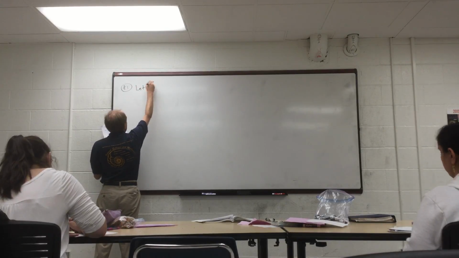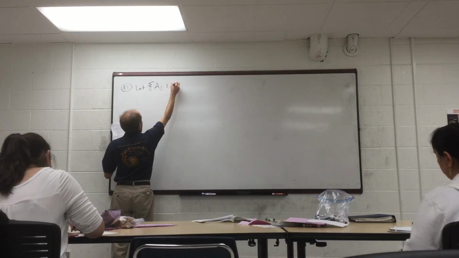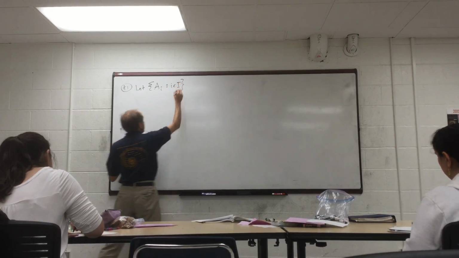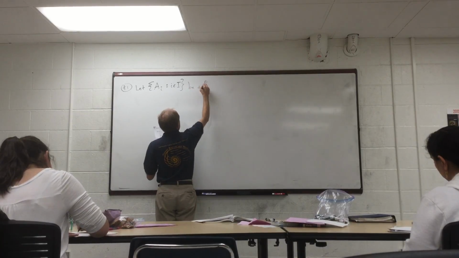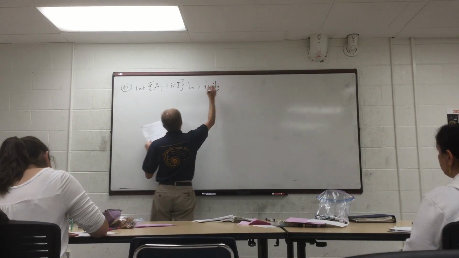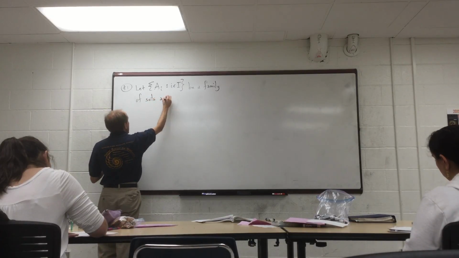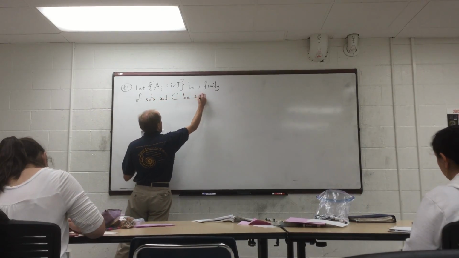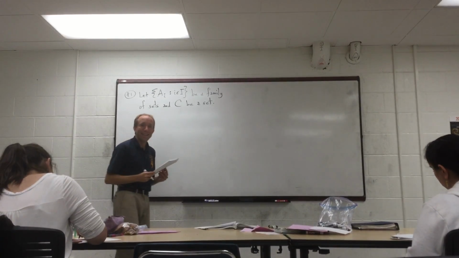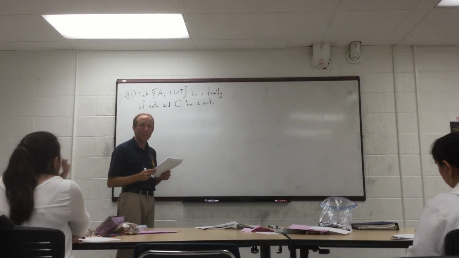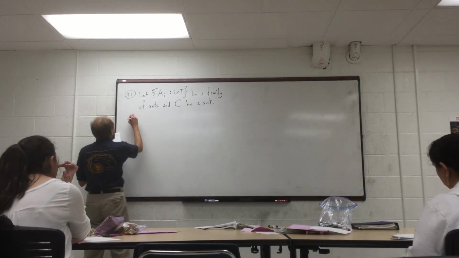So here's what it says. Let the set of A sub i such that i is in capital I be a family of sets, and C also be a set. That's what we have, and what I want us to prove